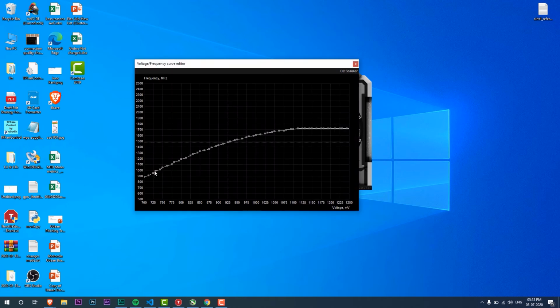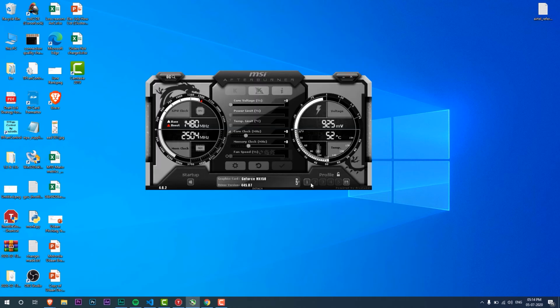The graph shows an increase in millivolts as the GPU frequency continues to grow. But what we're going to do is tweak these individual points so that we achieve the desired frequency in megahertz at a much lower voltage than it is right now. So I've already set up a profile which achieves a similar effect. If you see the default graph for MX150, the frequency is around 1500 megahertz for a voltage of around 925 millivolts. So what I'm going to do is try and achieve the same frequency number at a much lower voltage. And if I were to show you that graph, it would look something like this.